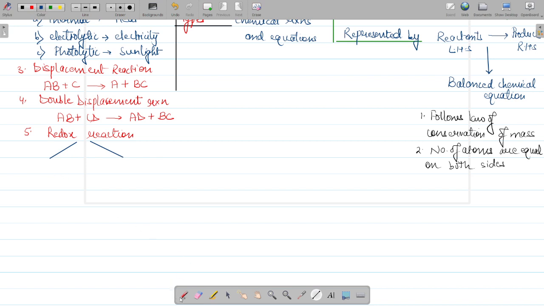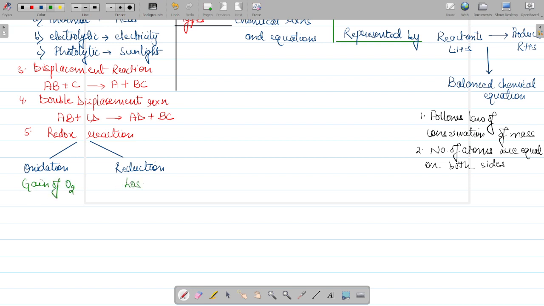So the one we take as oxidation and the other one as reduction. Now, in the case of oxidation, always remember that there will be the gain of oxygen